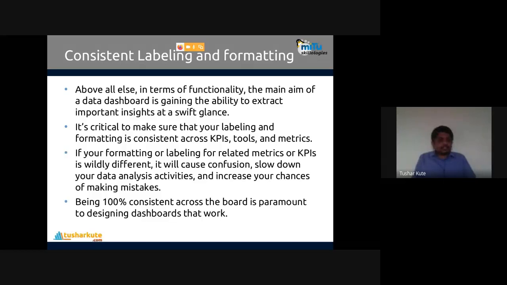So being 100% consistent across the board is paramount to designing a dashboard that works.